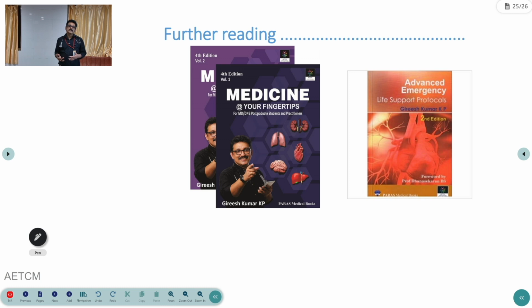D-dimer is a very good investigation to rule out pulmonary embolism. The ideal investigation to diagnose pulmonary embolism is CT pulmonary angiogram. Echo is also a very good tool in analysis, but it will pick up only some pulmonary embolism related features. The feature will be right ventricular dilation that can be picked up by echo. Anticoagulation is the ideal treatment. Thrombolysis is reserved for patients with massive or hemodynamically unstable pulmonary embolism. Repeated pulmonary embolism due to tumor or something like that, you can even go for